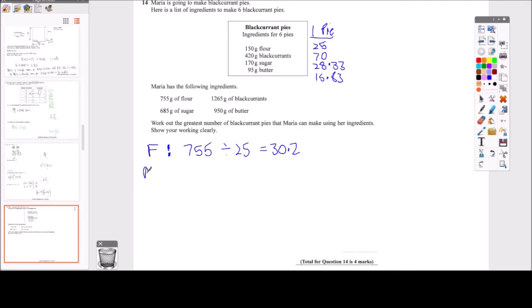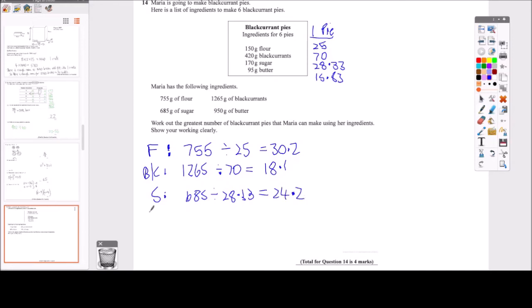Right, moving on to the blackcurrants. I've got 1265 grams. I need 70 for each pie. So how many pies can I make from the point of view of the blackcurrants? That is 18.07. So let's call that 18.1. And then for the sugar, I'm going to do 685 divided by the 28.3 recurring, 28.33. So 685 divided by 28.33 is 24.2